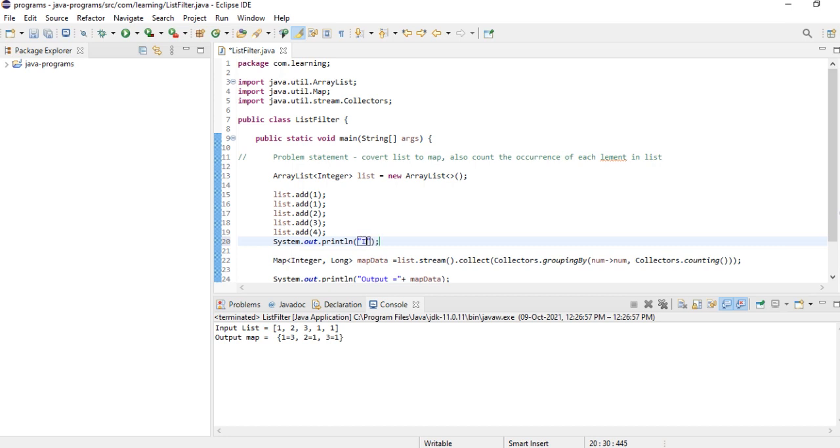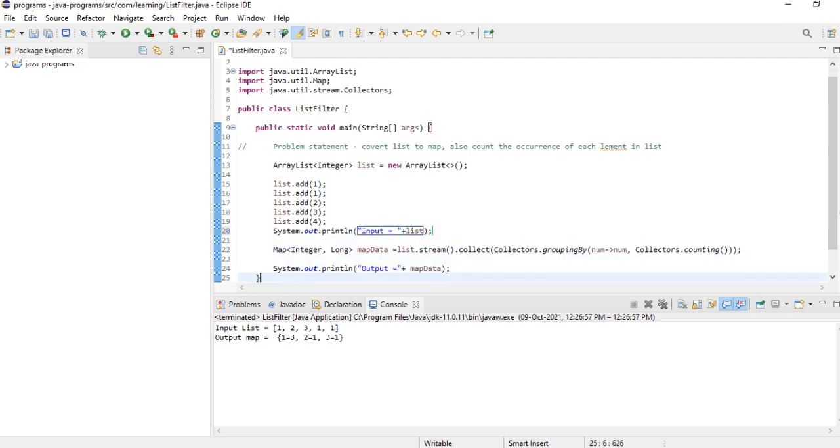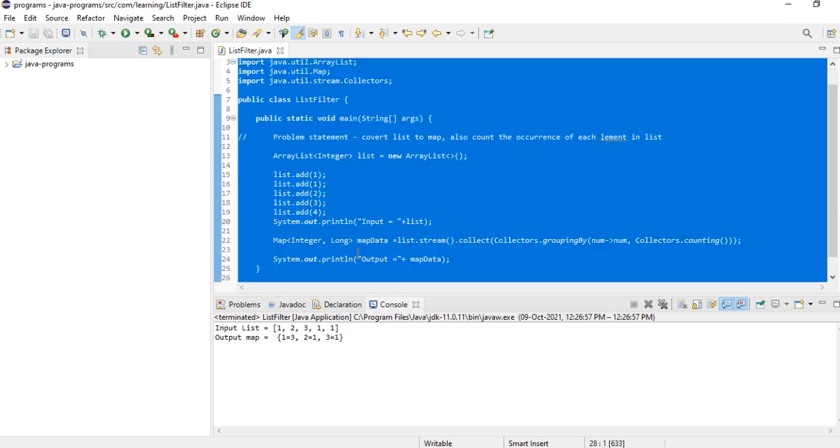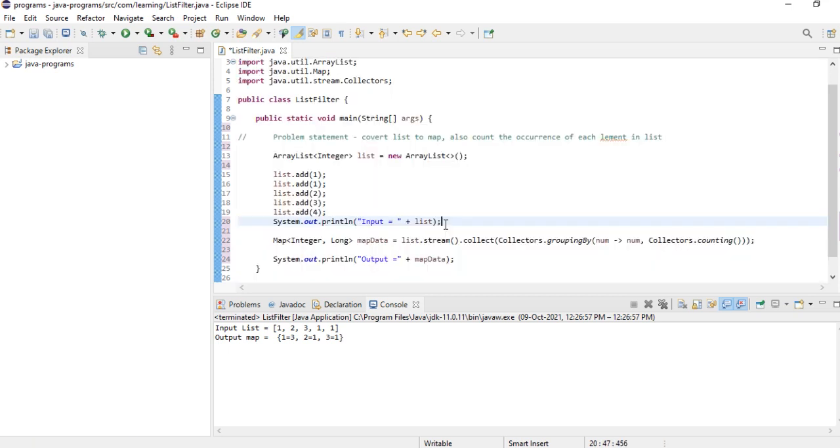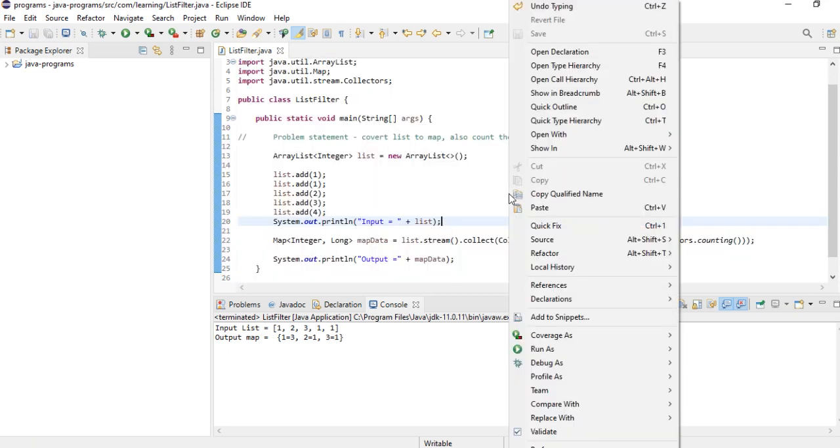This is my input, so I will write here input list. Fine, let's format our code once and let's run it.